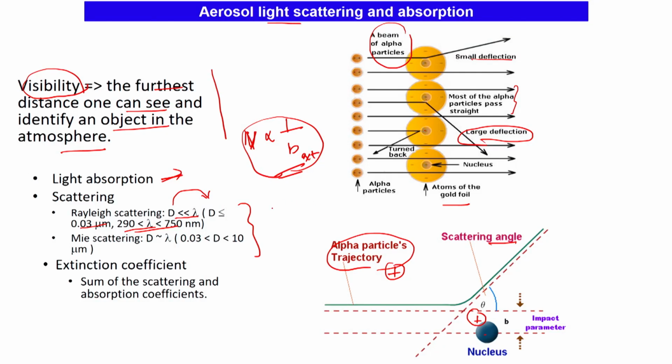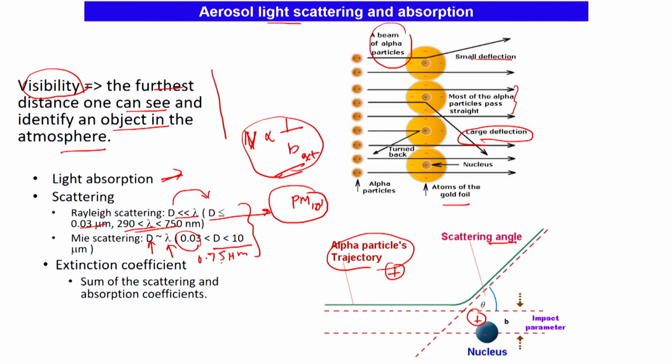So these particles are PM1, not PM2.5 and PM10. We will see how they are there, and when the particle diameter is similar to the order of the wavelength that is coming, then you can have this one, and this becomes more prone when the diameter is less than 10 micrometer. You can just remove 0.3 here, you can just put 0.75 micrometer,